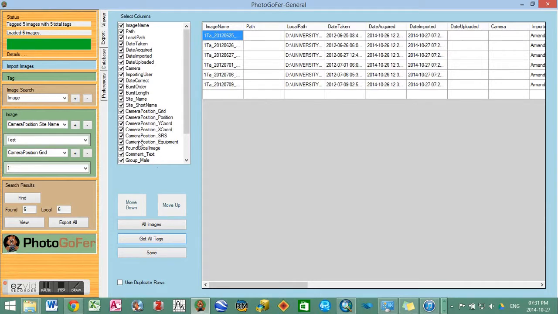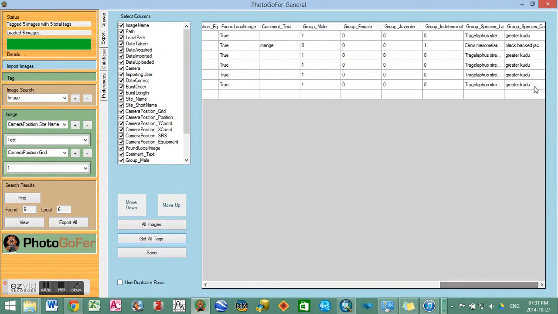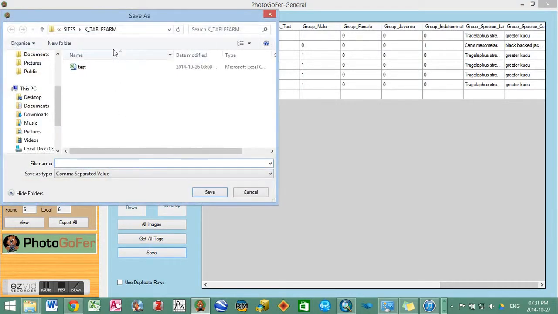The Select Columns feature basically allows you to select which columns you want to export and which you don't want to. Assuming that we want to keep all of this information, I'm going to keep them ticked on, and at the back here you can see that out of my 6 photographs, 5 of them were greater kudu and 1 was black-backed jackal, so it's the right data set. And now the last part involves saving this data into a specific folder or directory, and the data gets saved as a CSV file. Once I'm happy, I click Save, and the data has been